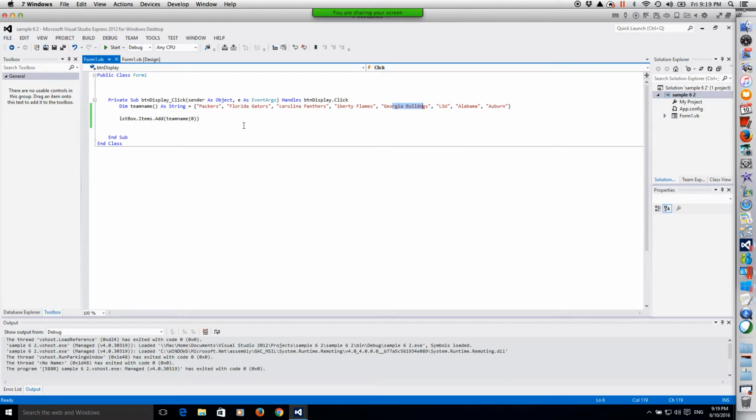So if I did placeholder 3, what's my response going to be? What's it going to come back with? Yeah, probably should come back with Liberty Flames, huh? Okay, all right, perfect. So let me show you how this works now. All right, so what I can do, which is kind of a cool thing, if I want to run through them all,